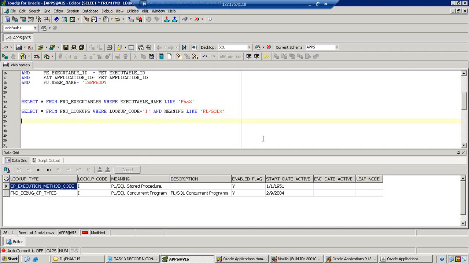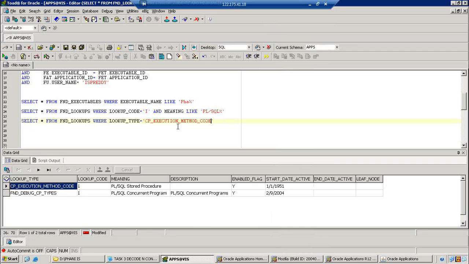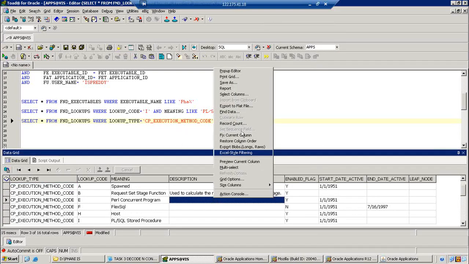Now I am going to specify FND lookups where lookup type equal to